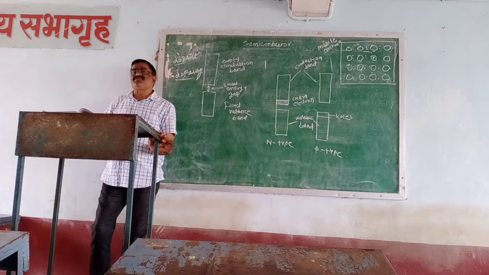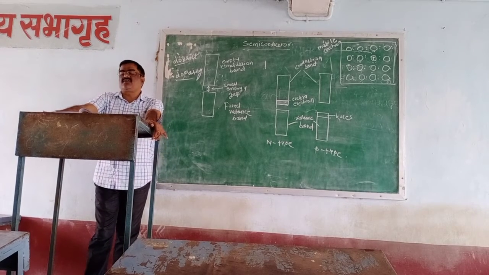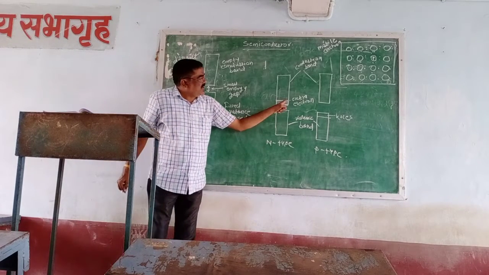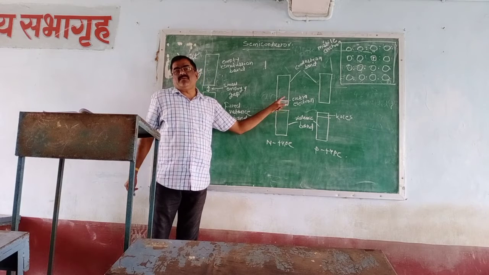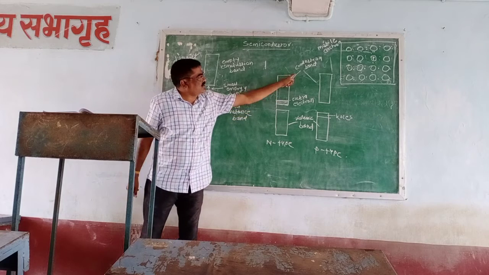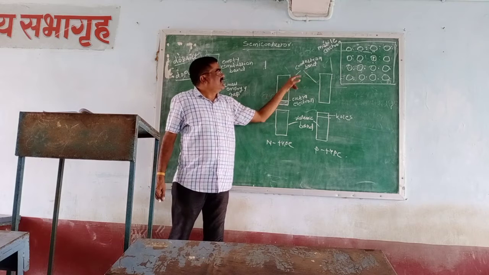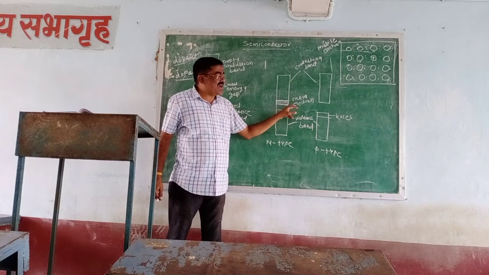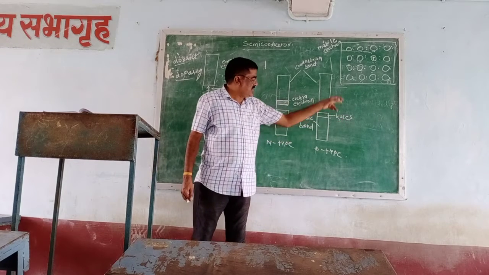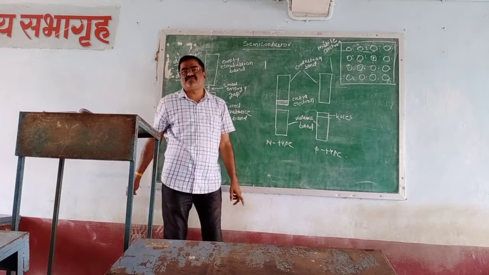N-type semiconductor contains increased number of the electrons in the conduction band. N-type semiconductor मध्ये काय आहे? Increased number of the electrons into the conduction band. हा कोणता बँड आहे? कंडक्शन बँड. दोन्हीकडे पहा, N-type आणि P-type मध्ये. This is the same conduction band. This is the extra electron which is present into the N-type semiconductor, and there is the hole into the P-type semiconductor. This is the valence band where in the both sides.